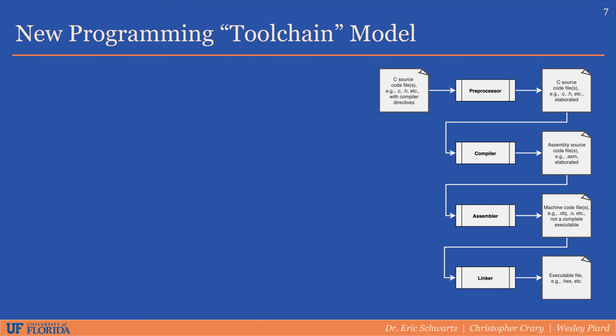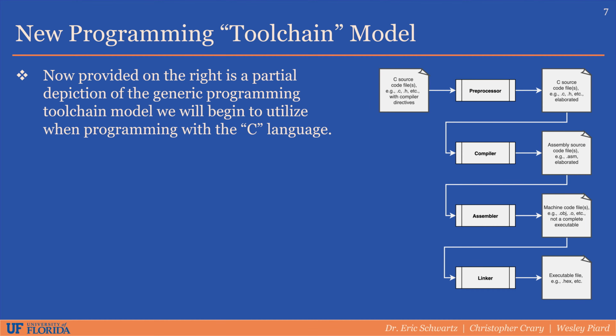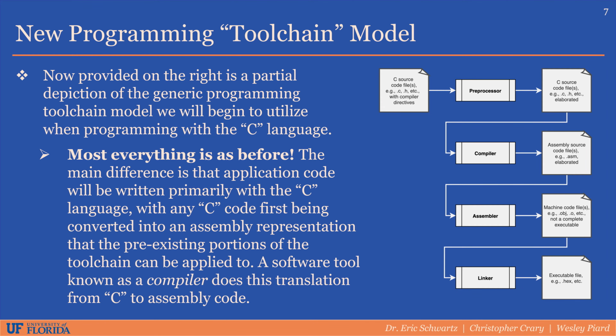Now, when using the C programming language, we're going to see here in just a second that the toolchain model we will end up utilizing will actually remain very similar, if not almost entirely equivalent, to the toolchain model we have utilized thus far throughout this course. Now, before I get into any details, let's first note that on the right is a new updated partial depiction still, but of a new generic programming toolchain model that we will begin to utilize when programming with the C language. Now, there's going to be a couple differences, but the main first thing I want to note is that